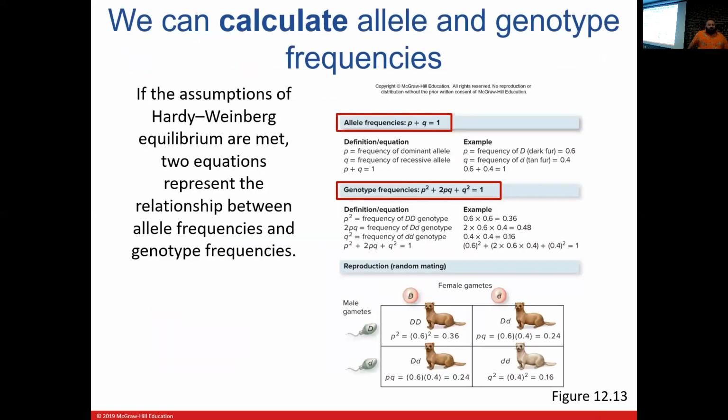And you can use a couple of different formulas to calculate the allele and genotype frequencies. For instance, if you want to know the allele frequency, you take the proportion of the dominant allele, p, and add that to the proportion of the recessive allele, q. In theory, that should equal 1 because there are only two options, right? And you can add more slots based on how many alleles are present for a particular gene.